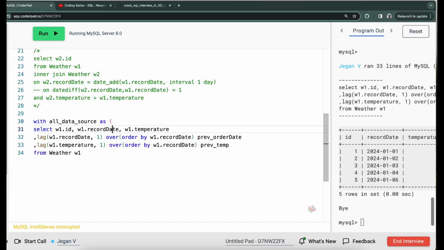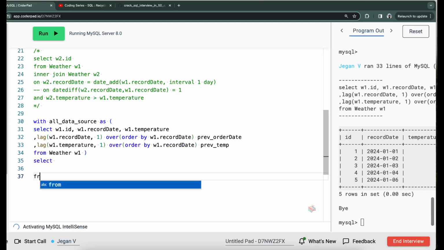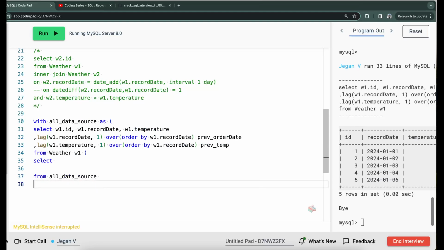We keep this as a CTE table and then select from all data source where the date difference between the record date and the previous record date